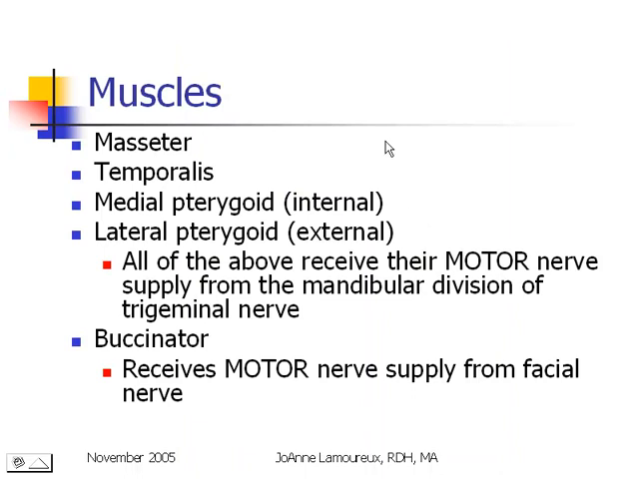There are several muscles that we have to reacquaint ourselves with: the muscles of mastication and the buccinator muscle. The four muscles of mastication are the masseter, temporalis, medial pterygoid, and lateral pterygoid. Some people learned internal and external. It's important to remember the names of these four muscles, and also more important to remember